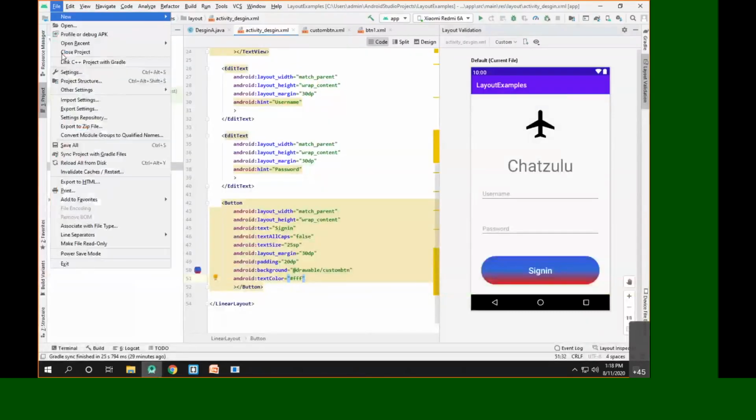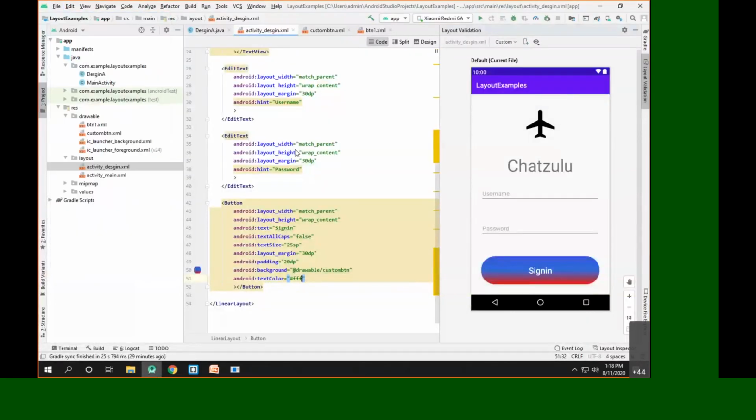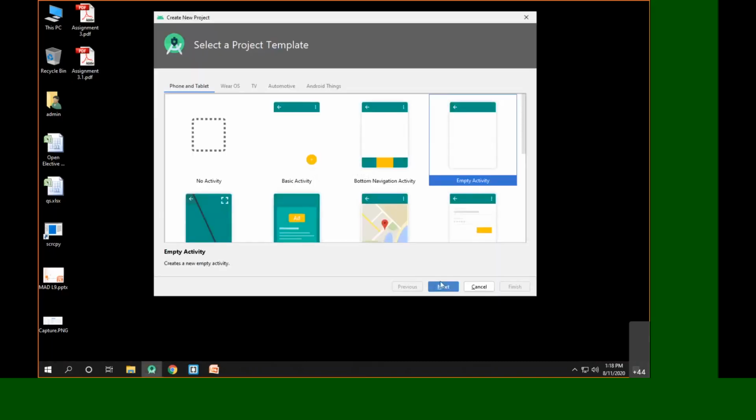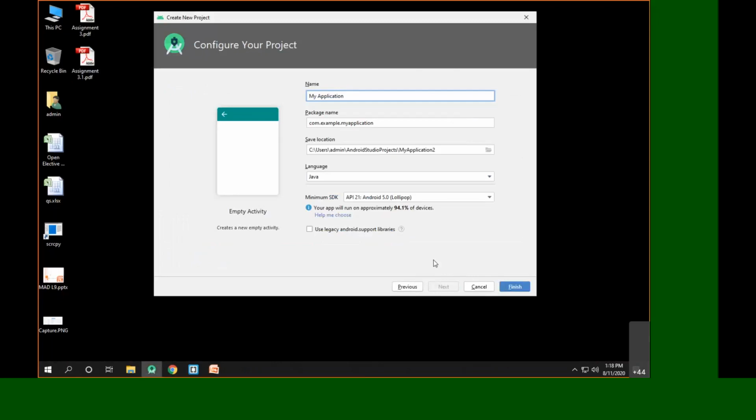So let me close this project and create a new project here. We'll create an empty activity, and we'll call it my application, or let's call it demo intent, or I'll be calling it demo explicit. Click on finish.